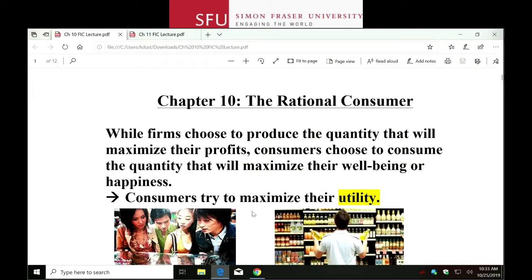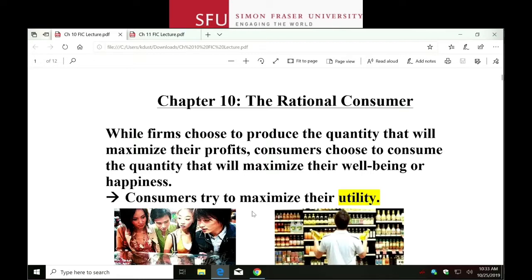Right, so chapter 10 is a pretty easy chapter. This will be the last of the easy chapters. This one will focus on consumers. The last three chapters that we do, chapters 11, 12, and 13, those will all be harder chapters. They're all about production costs and the supply curve. So today, though, we're just talking about consumers for chapter 10.